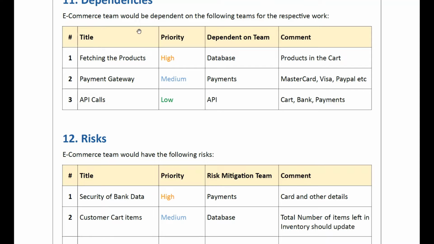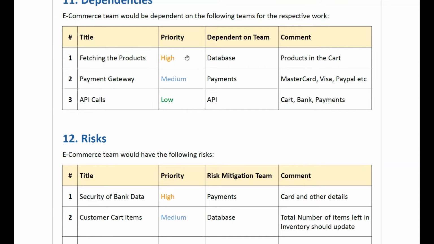Our task is about a shopping e-commerce website, where we need the payment team, the APIs and the database. In that dependency, the application is dependent on the database team, like fetching the product from the database.